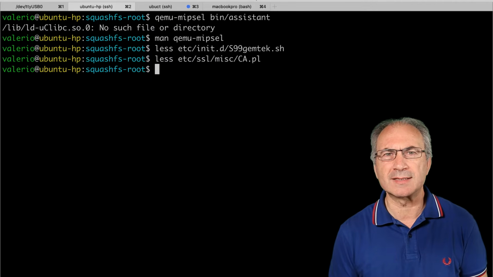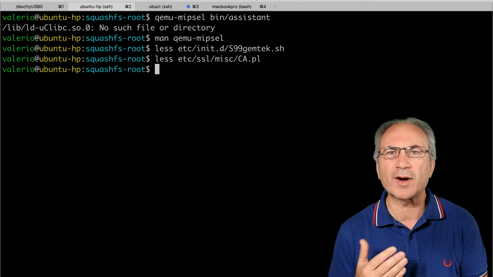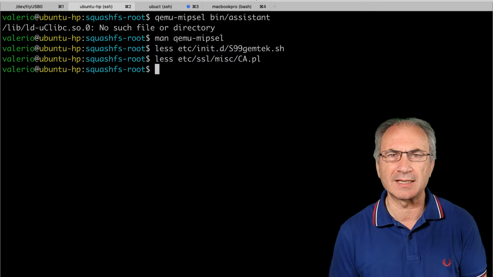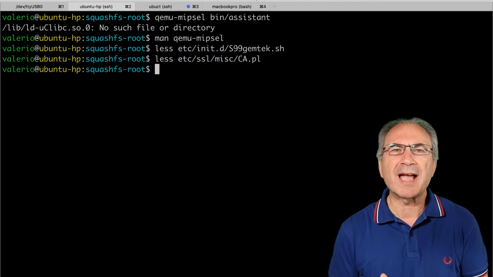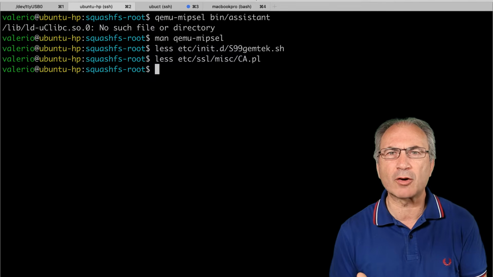Only binary files that have been statically linked and that have no references to shared objects don't need an ELF interpreter. With the -L option, we tell the qemu-mipsel command the prefix to use every time in the ELF binary there is a reference to the interpreter or another library file.